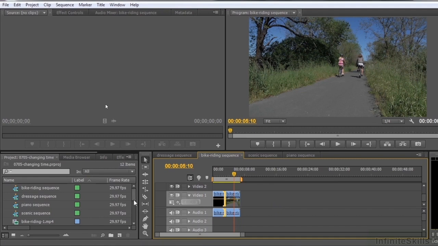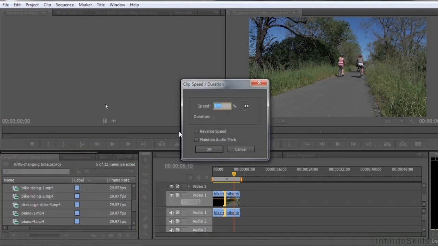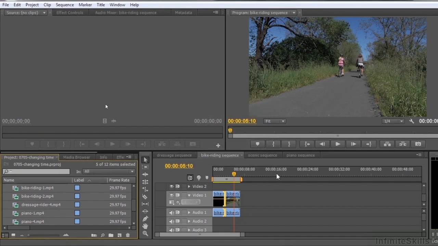You can also select a whole bunch of clips over here if you want to. You just go over here and select these clips, let's say, and click on the first one and shift-click on that one. When you right-click, you have speed duration, and you can apply the speed duration to all those clips at once, just so you know. Let's move on down to the scenic